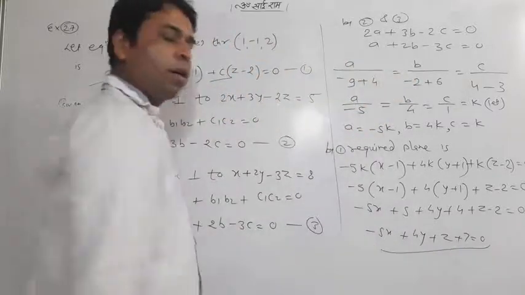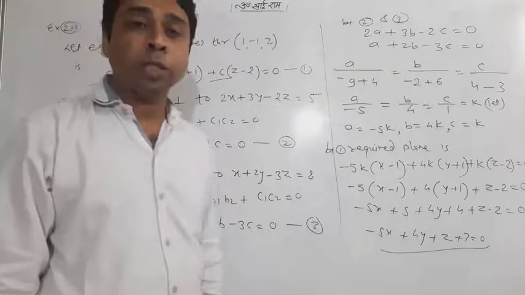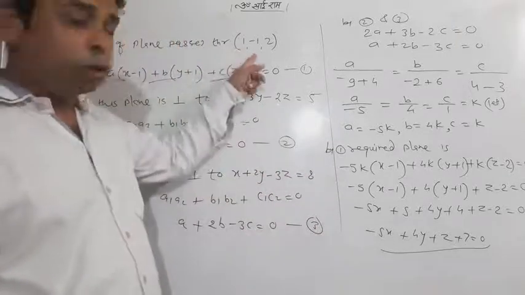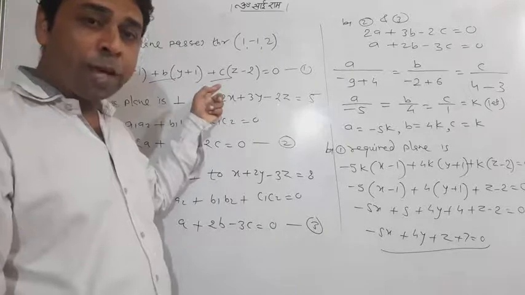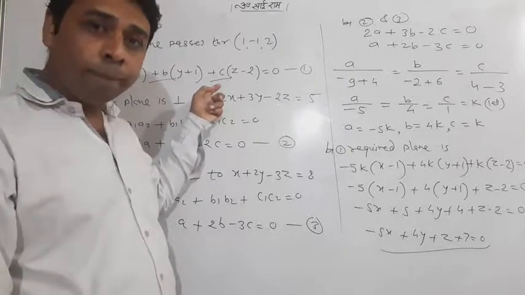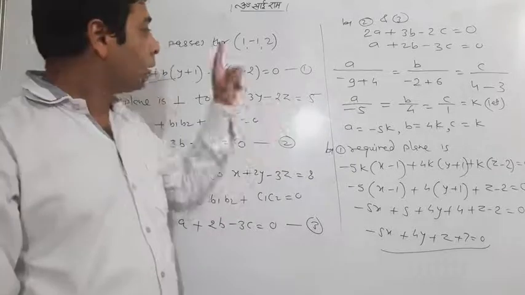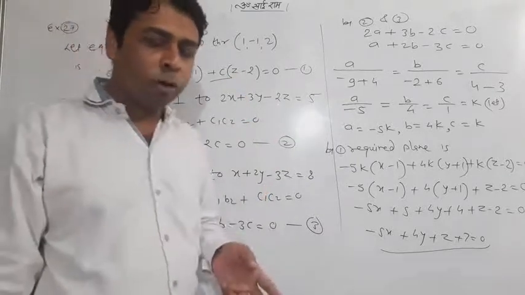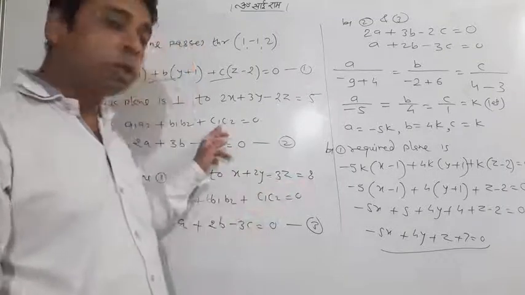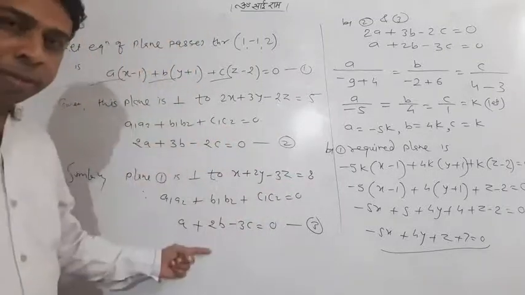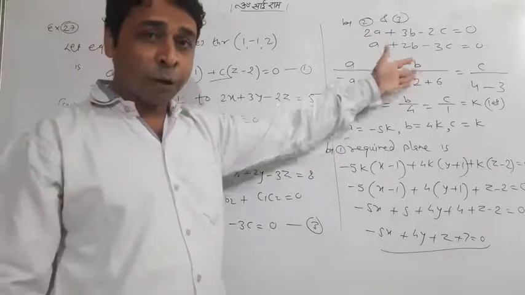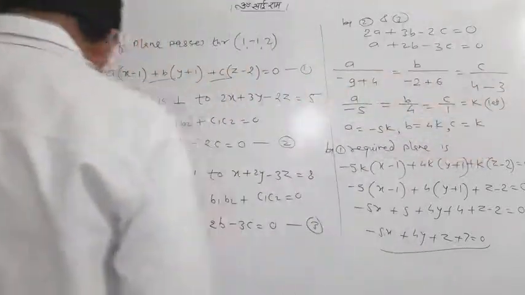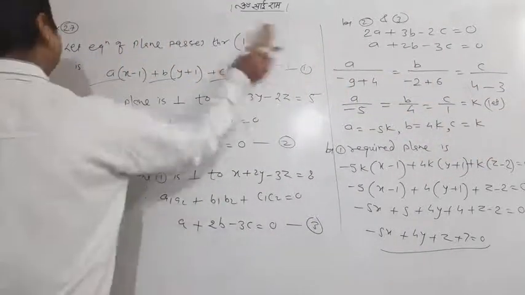So this is your equation of plane which looks like ax plus by plus cz plus d. So it is an easy thing. You know the plane was passing through this point, so we found the equation by the one point form, where A, B, C were the ratios of the normal of the plane. This plane was perpendicular to this plane as well as this plane. When two planes are perpendicular, what happens? A1A2 plus B1B2 plus C1C2 is equal to 0. So get two equations in A, B, C, do the cross multiplication method, find your A, B, C in the form of K, put them in and get the answer. So it was so easy. Try to get the method. I think it's very easy for you.